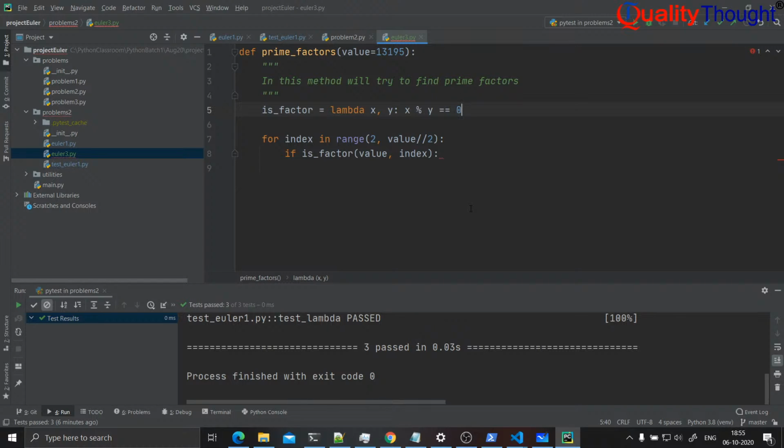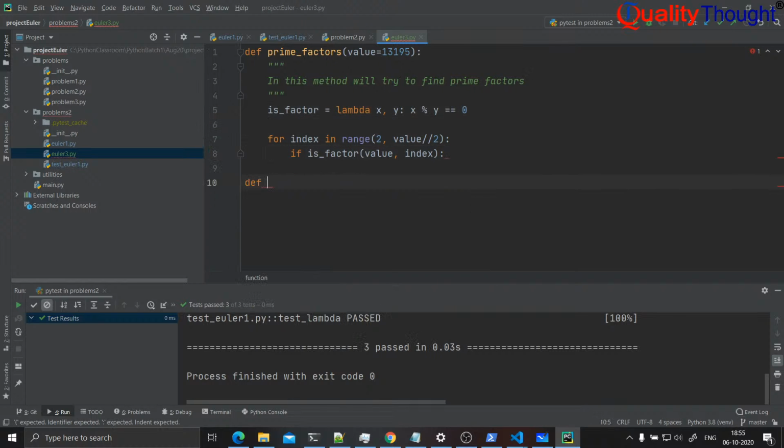To tell whether the number is prime or not, I have to find out that this number should not be divisible by any number apart from 1 and itself, right? So let me quickly go ahead and write def is_prime of